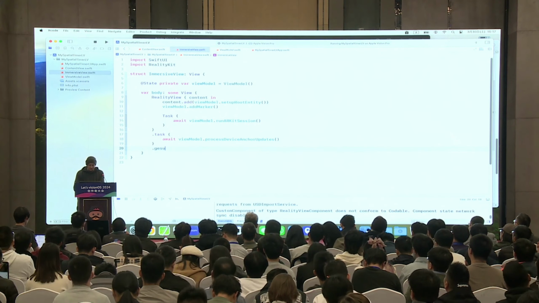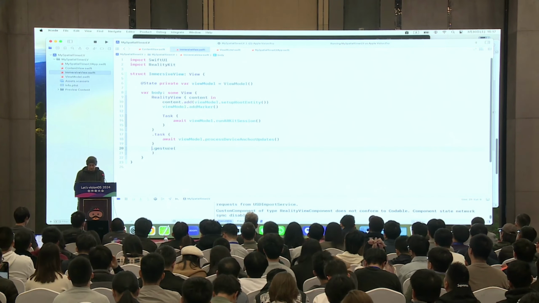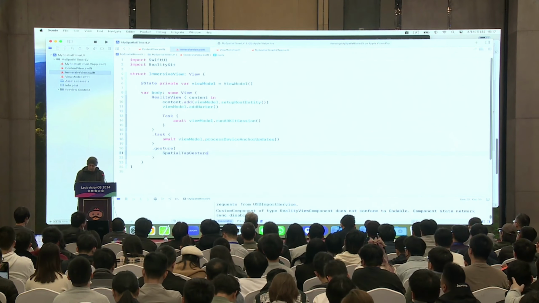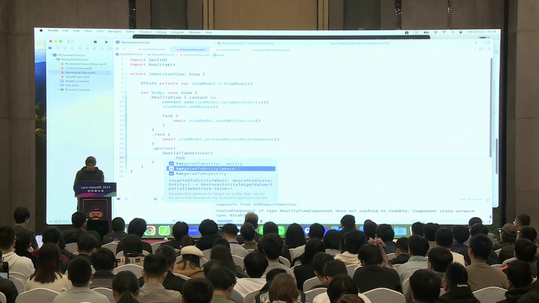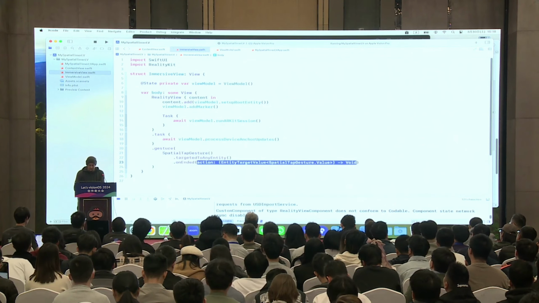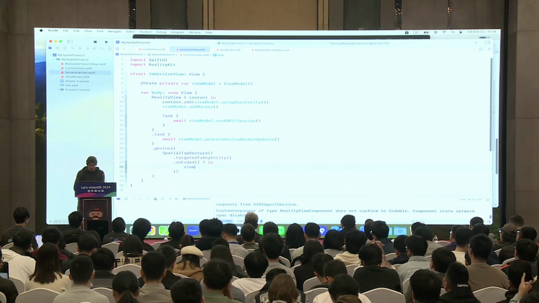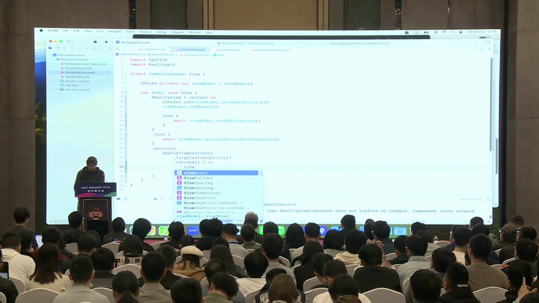And a gesture. Spatial tap gesture. Target to any entity. On ended, view model. So the blue marker is floating. The camera moves and tap it. Yeah, press, red disk. Yes, yes.